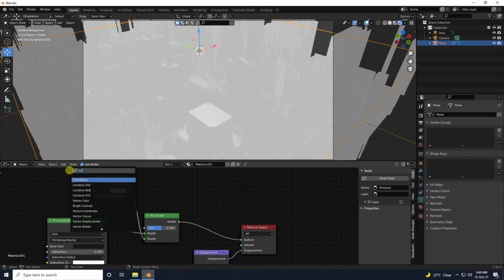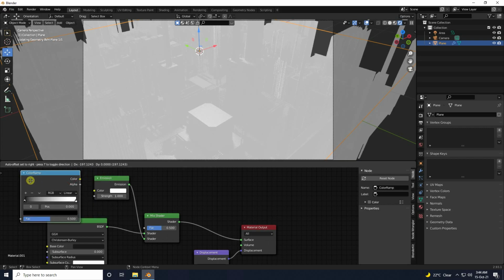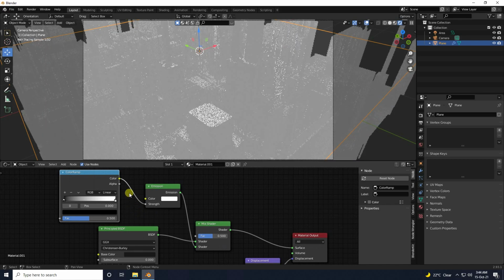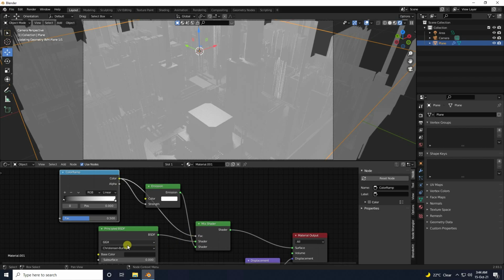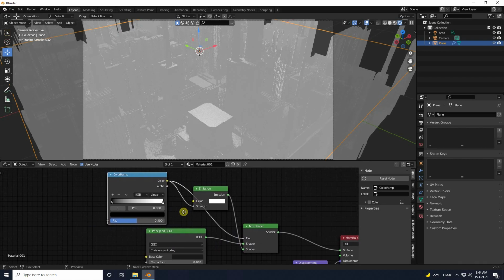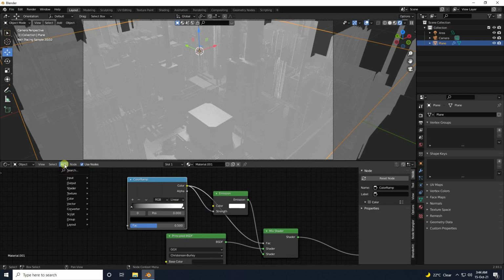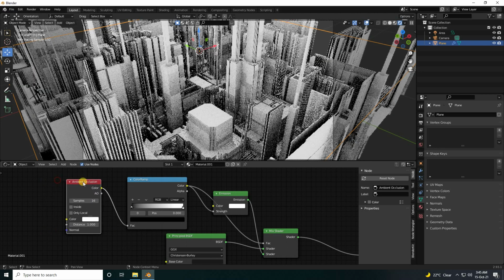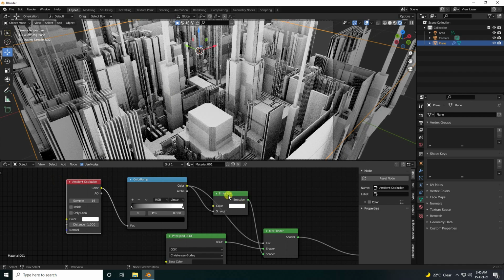So now use color ramp. So guys, select your color ramp, and firstly connect with strength like this, and same guys, this color ramp connect with fac, this one. Okay, so now guys, this time I use ambient occlusion. So ambient occlusion, check, and guys see that's my color, connect with color ramp. And now guys I change only color. See guys, that's my color. So color you can take anyone, but I like orange color.